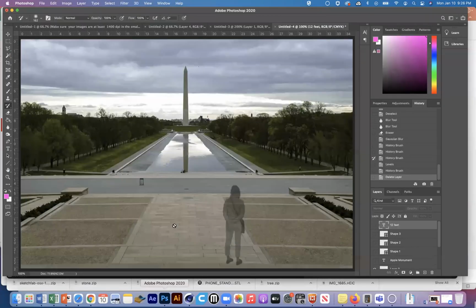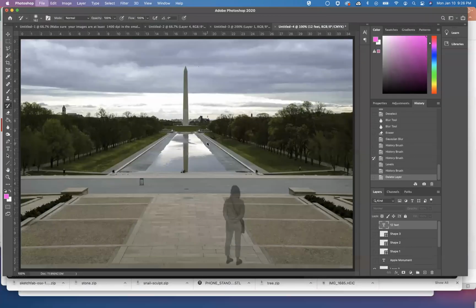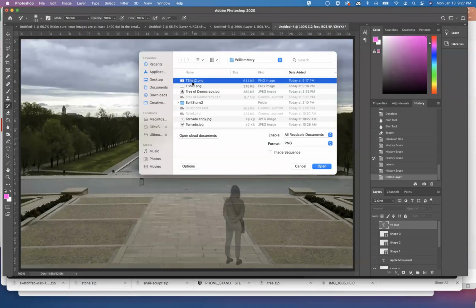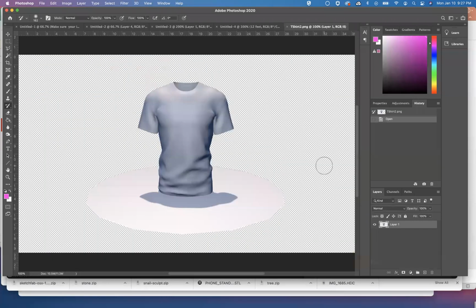Okay, Photoshop, let's open this up. Open it, t-shirt 2, see how it looks. Okay, you can see most of it comes in with this transparent background. We just have a little bit of this disk that we need to clean up. So we can do that with our